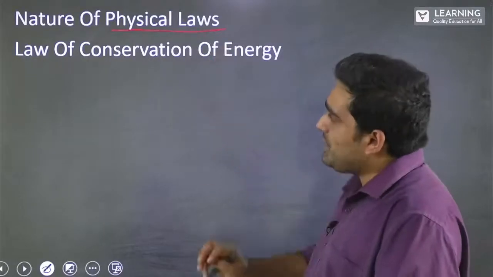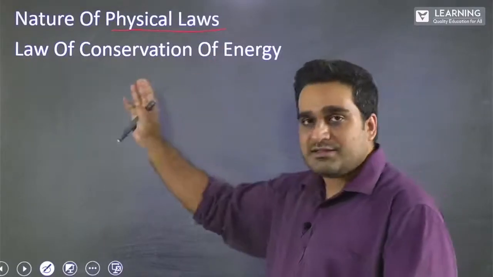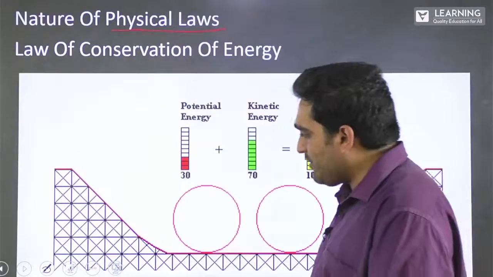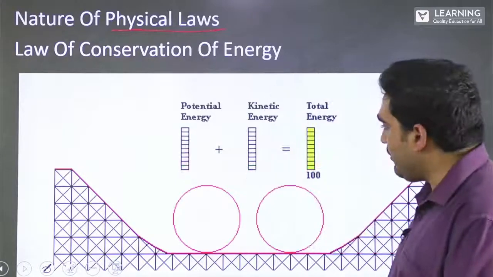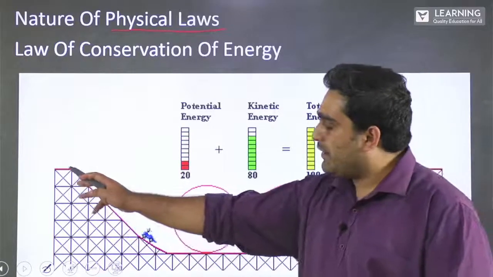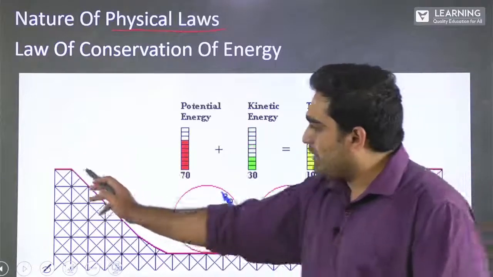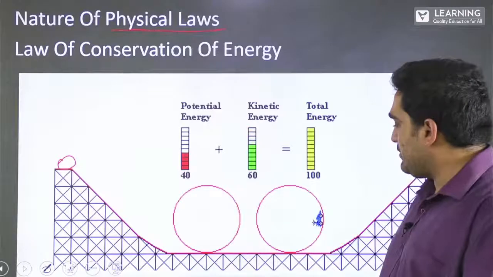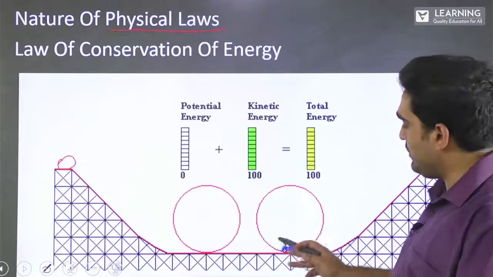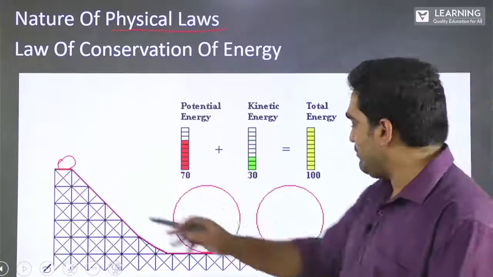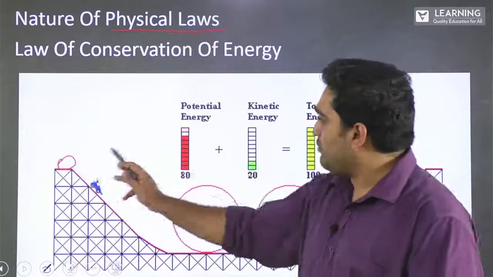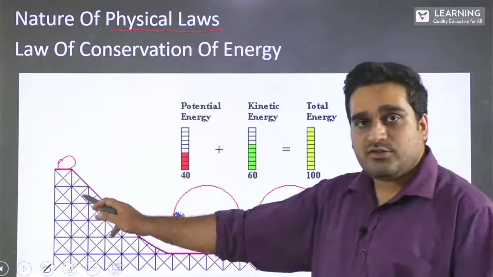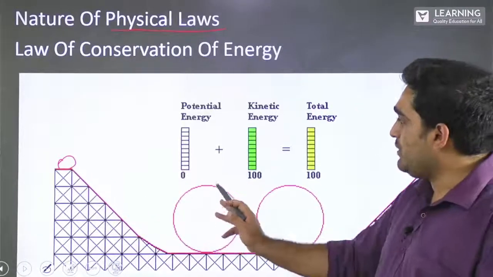So when it comes to energy, it has this conservation law where it cannot be created nor destroyed. Let's have a quick look at this example of a roller coaster ride. When the roller coaster is at the very peak, potential energy is maximum, but as the roller coaster moves down and goes loop the loop, you notice